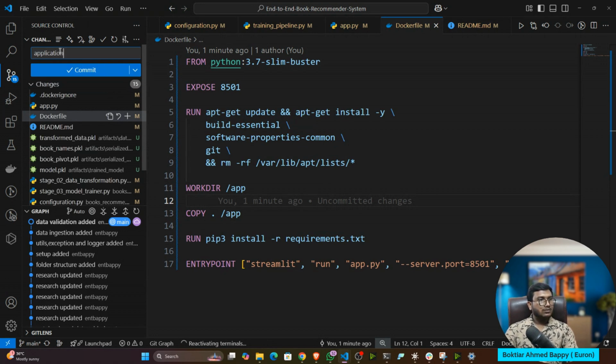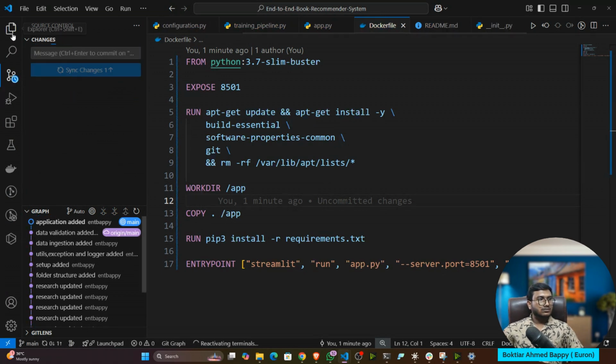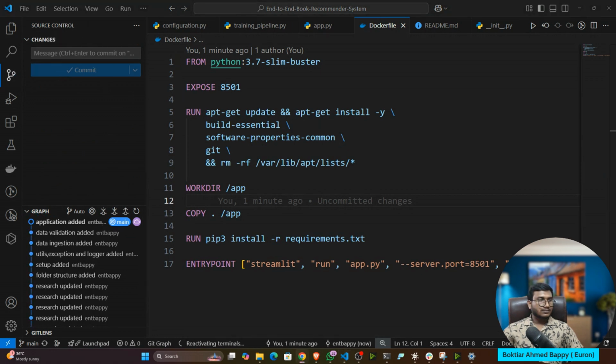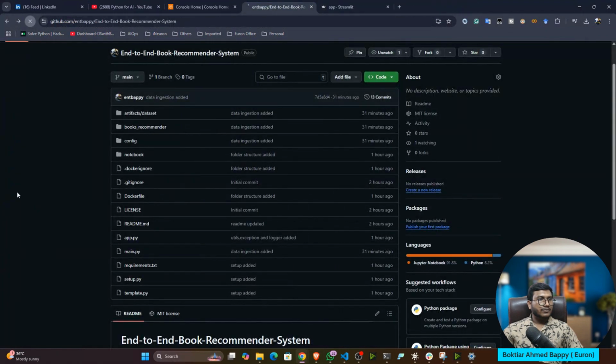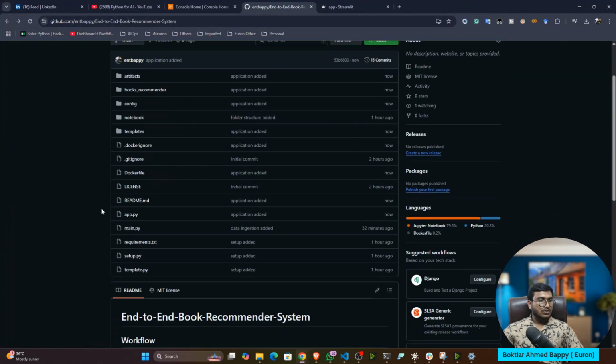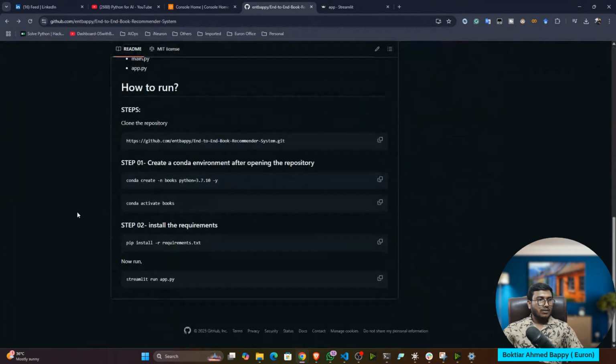Application, yeah, deployment I'm showing you. Okay. Done. Now, if I come here and refresh, so yeah, the project is up to date. Now we'll try to deploy the project.